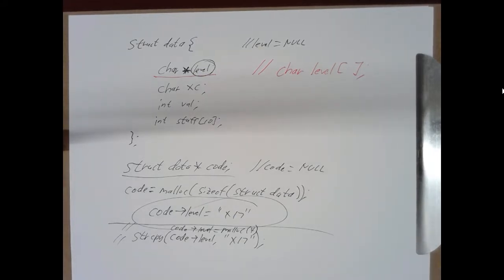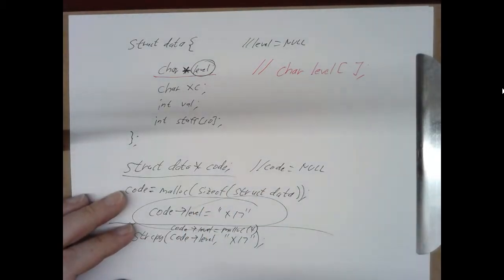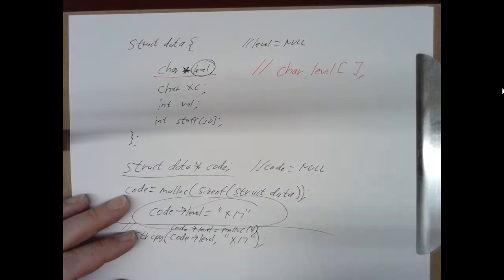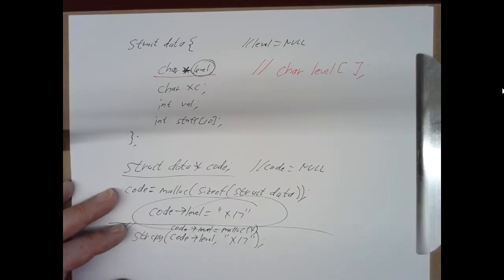Is this okay if it's written in a function? If what's written in a function? All this code, if you set code level equal to that, even though it's inside of a function, will that chunk of memory remain? Sure, because if code was something that was passed to you, right, and you do this, code is pointing to some location in memory. That memory location is not going to go away when you return from your function. And the memory where x17 is stored won't go away either? That won't go away either, because it's just pointing to x17.